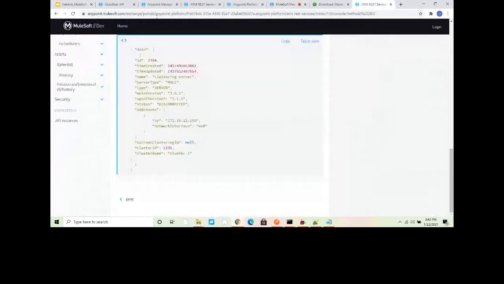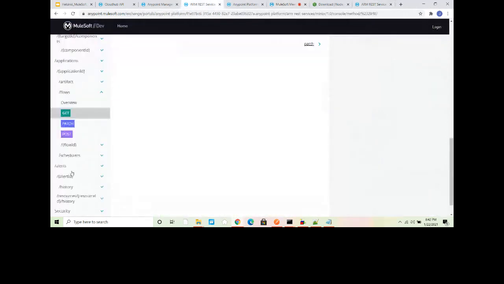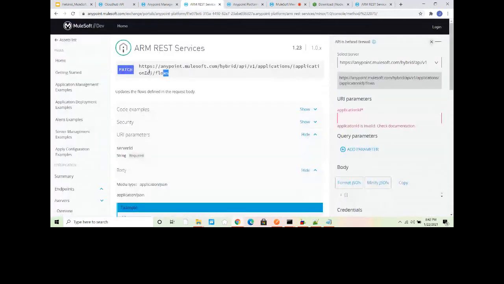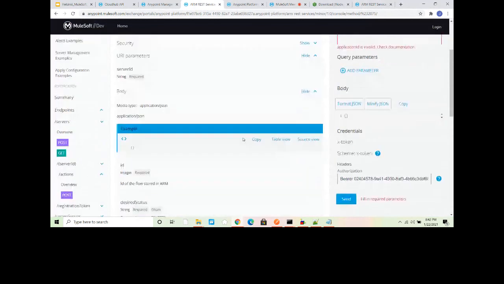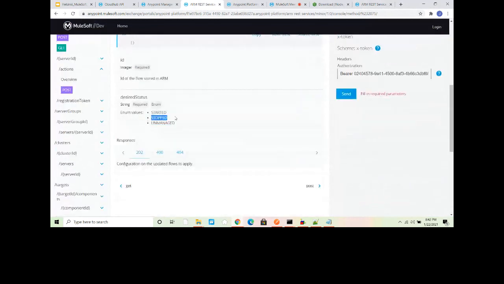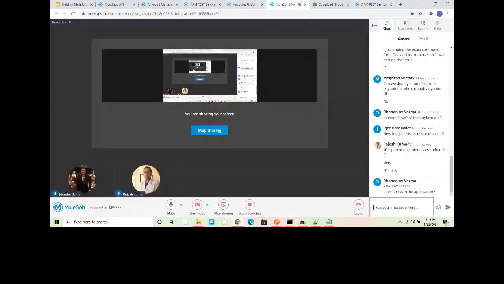You can see the get and patch. So basically there are operations available for performing various operations on your flows, like if you want to stop your flows or start your flows, all those things can be done. Dhananjay, I think you asked the question, does it restart the application, right? Yes, there are the actions. Yes, it will.